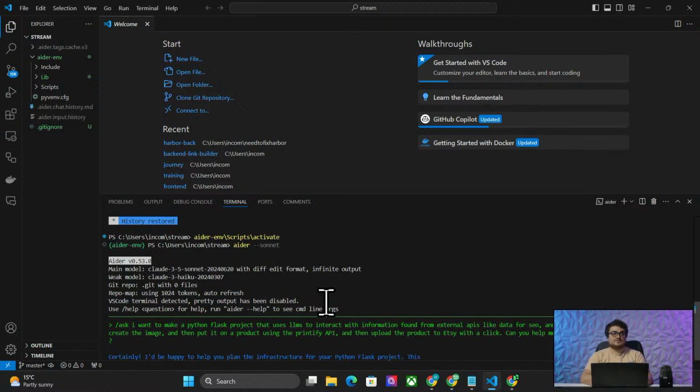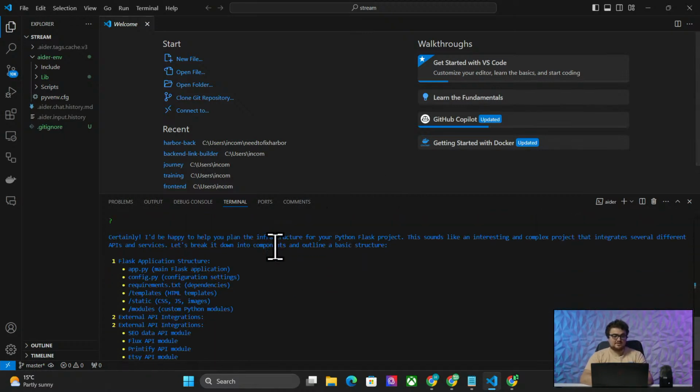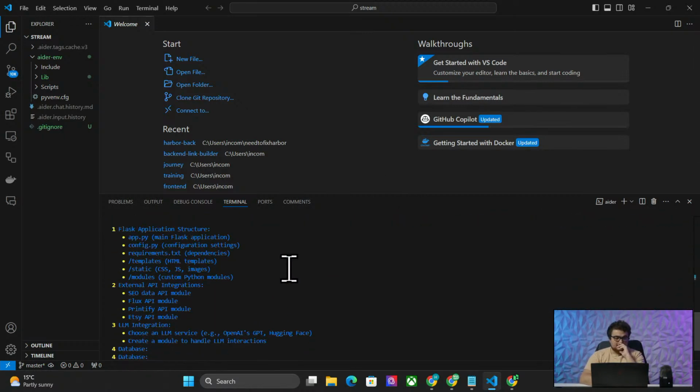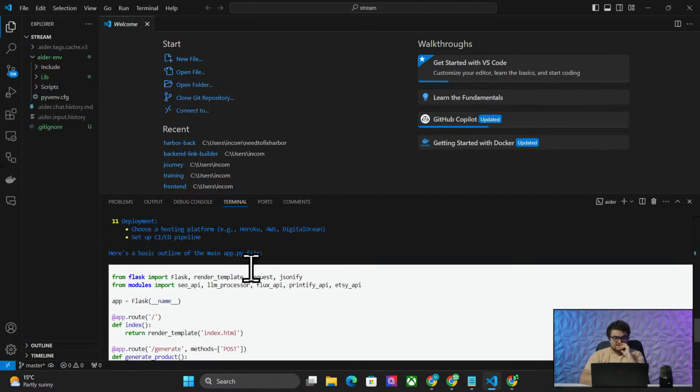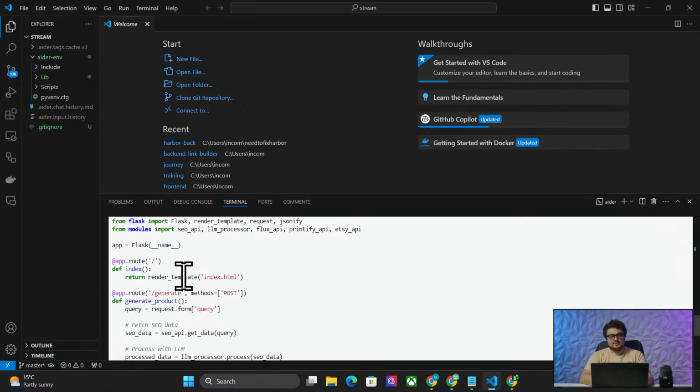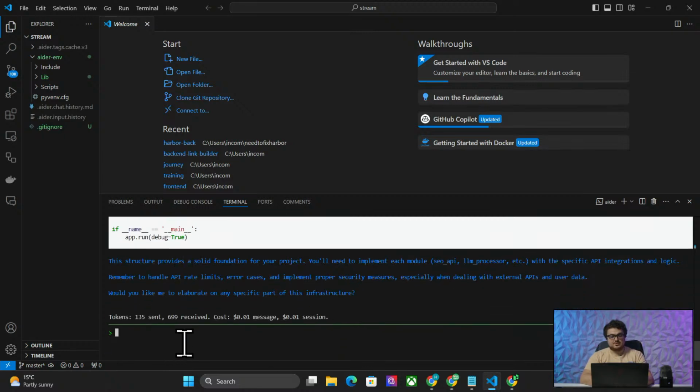Oh, I forgot to give it the documentation, but that's okay because it's just planning the infrastructure right now. So it does code, but it's not actually going to do anything at the moment. So now what I'm going to do is say ask again. Here's all of the documentation you need to make this happen. So I'm going to say here,